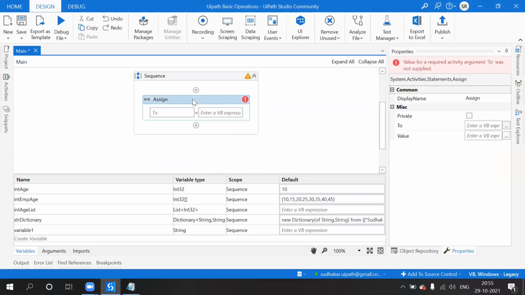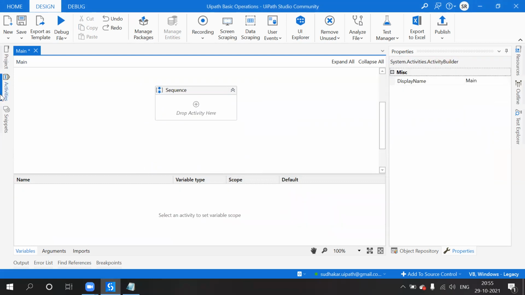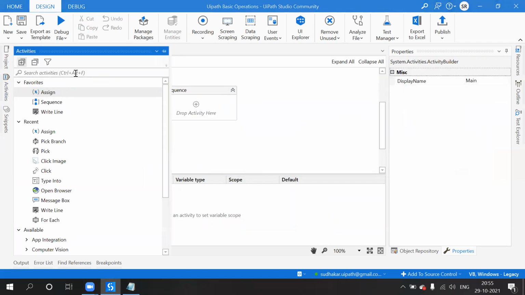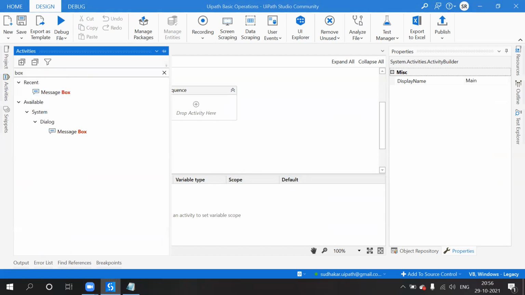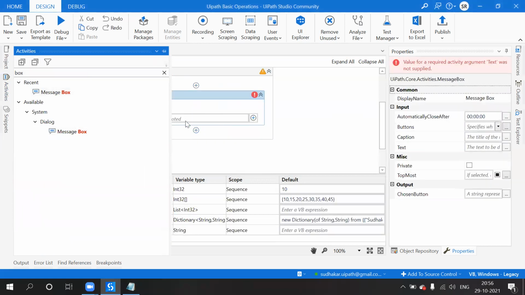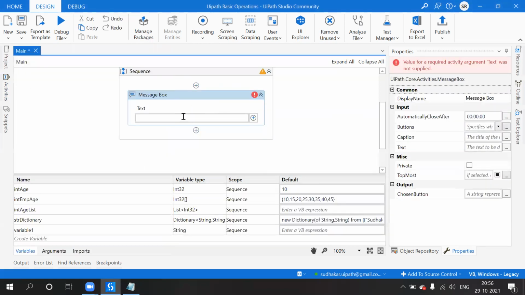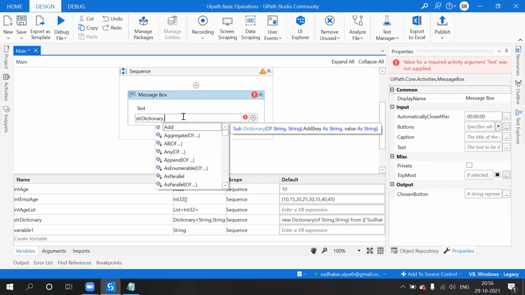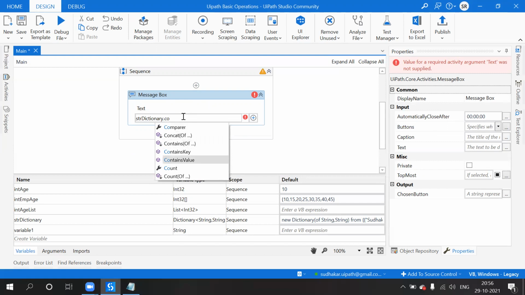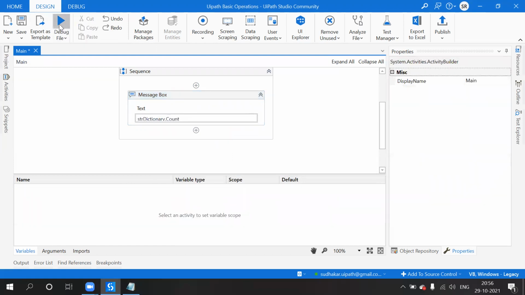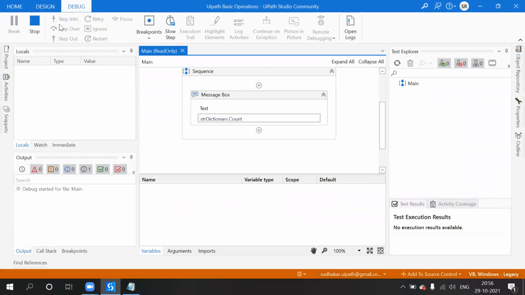Now take a message box, and what is that? str dictionary, dictionary dot count. Just run it, and we will see the number of values in the dictionary. So it is only two values.